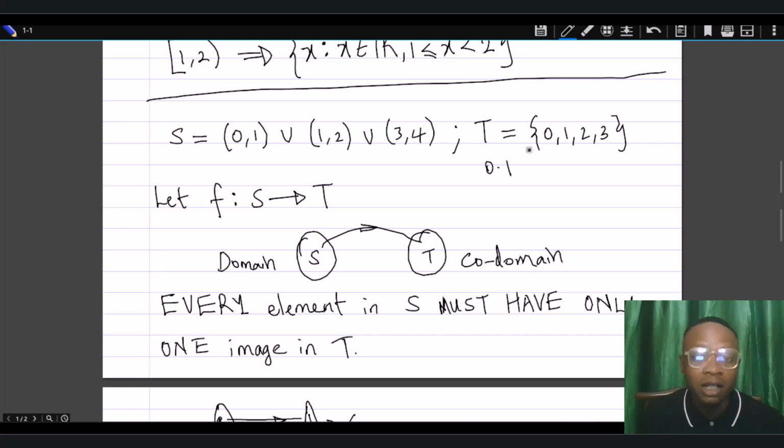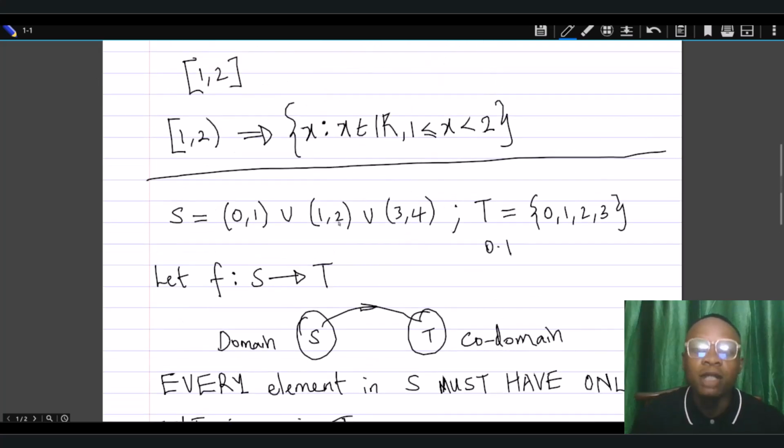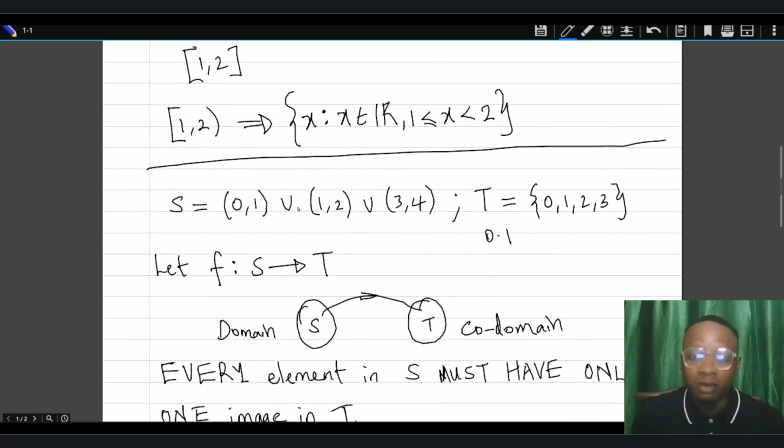It doesn't matter, I am still having a function, even if every other element is associated with whatever they may like. Even if every other element is associated with 0 as well, we still have a function. So this first statement is true,